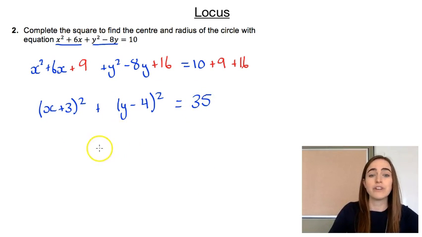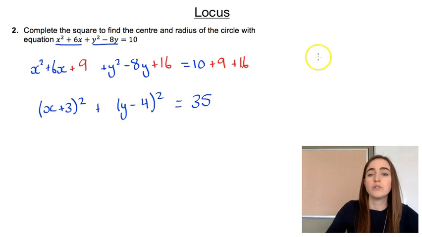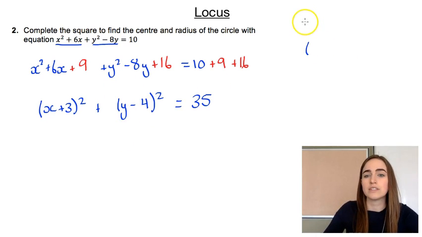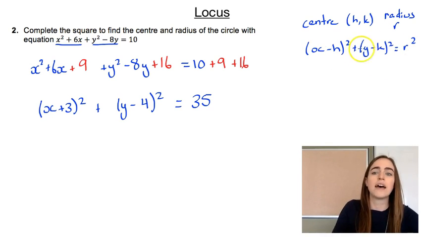And now we can read it off. So this now is looking like the equation of a circle. So our equation of a circle with centre (h, k) and radius r looks like (x - h)² + (y - k)² = r². So we can look at that general form of a circle and look at our equation that we've got,